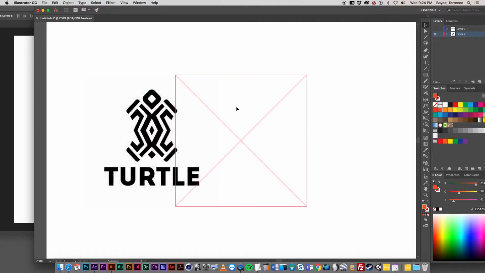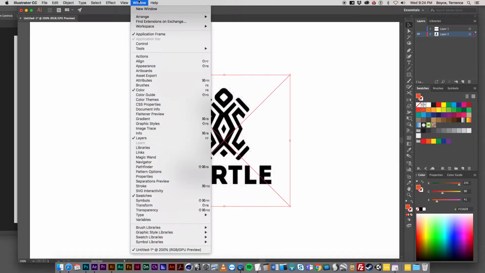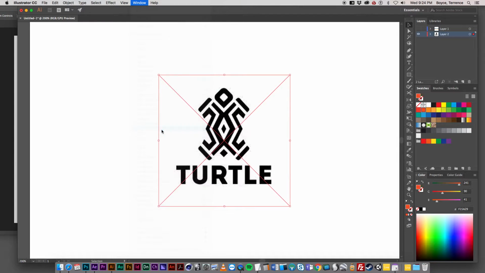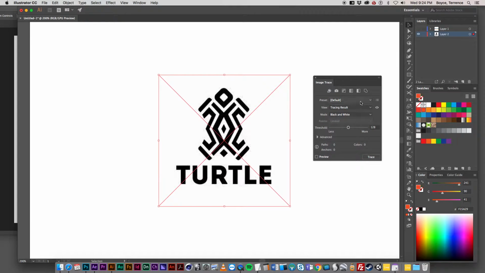Let's take the one that we placed in here. Now we need to find the image trace tool. That's under Window, Image Trace, and it comes up as a little palette. Now we have some presets that are very handy. Inside of these presets you'll see lots of different potentials. We've got a black and white logo, which is probably what we're going to use for this as a starting point, but you can also do multiple colored